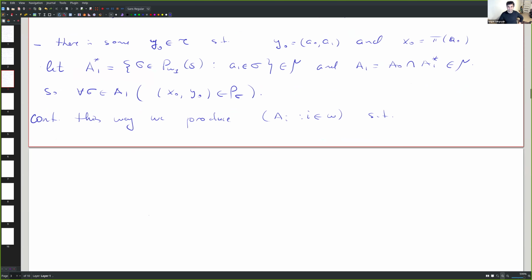The properties will be: one, for every i, Ai belongs to mu; two, for every i, we produce that, and we also produce the sequence x0, x1,